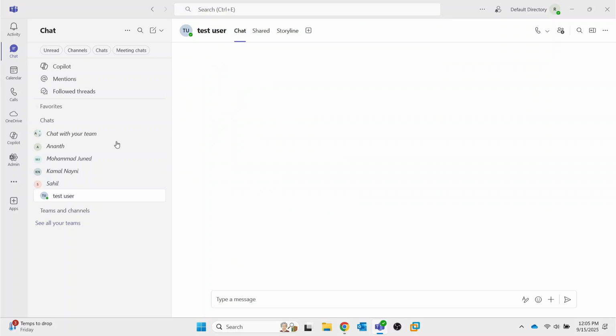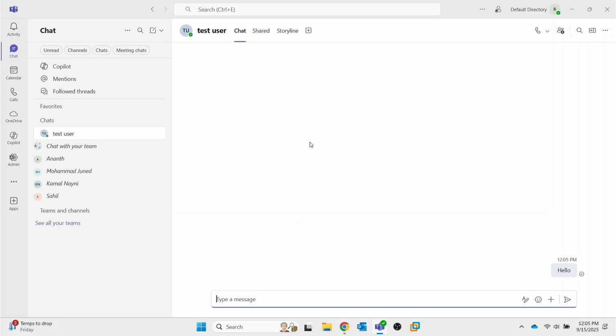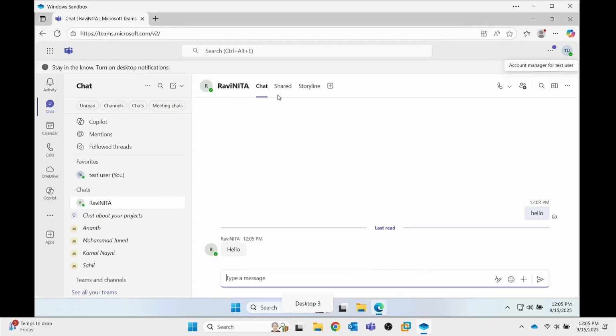If you search for that member, say test user, and then you can send the message, and it's gone. Now, I already logged in with this test user on the other sandbox environment. So I will go to the sandbox environment and I open the team, and you will see that your message